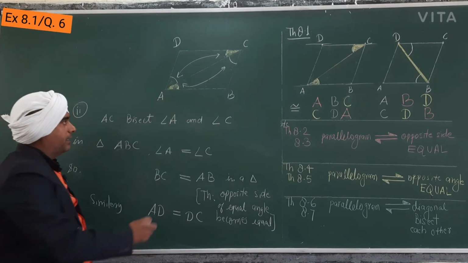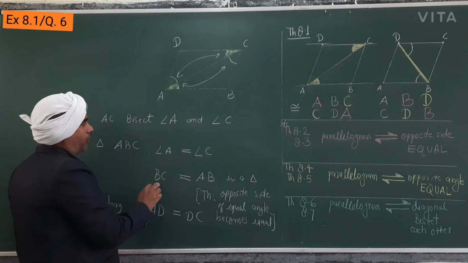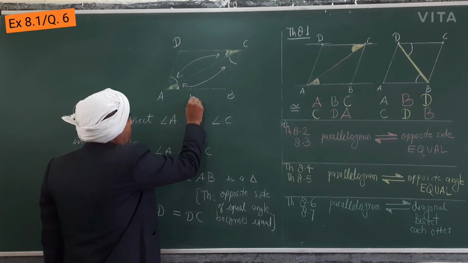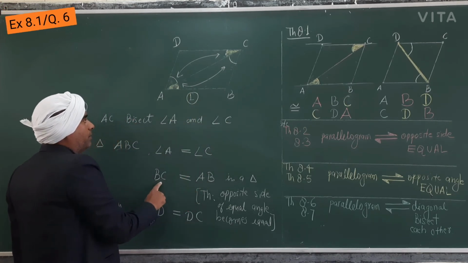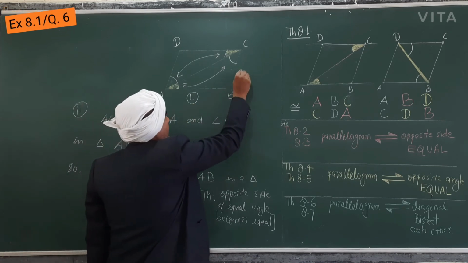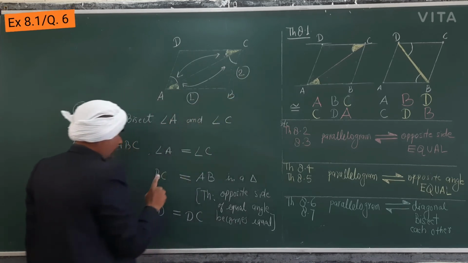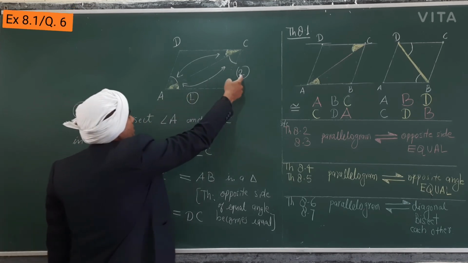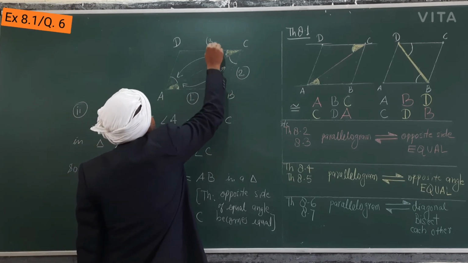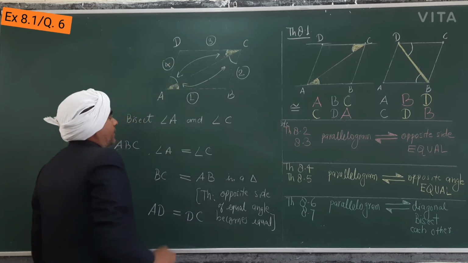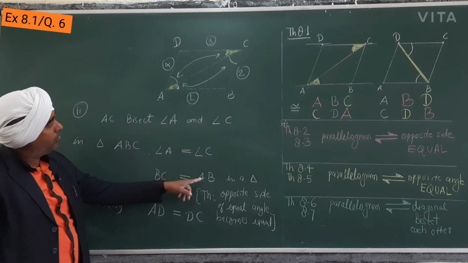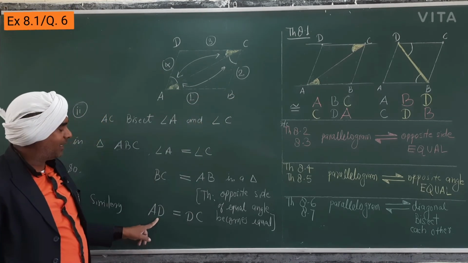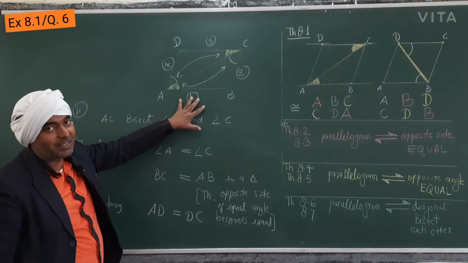If I take it like this, ABCD, 1 2 3 4, where is AB? Suppose it is the first side. AB is equal to BC, second side, means 1 equals 2. Here AD is equal to DC. 1, 2, and suppose write 3, and this is the fourth side. This is 1 equals 2. This is the second side. It's only for your understanding.